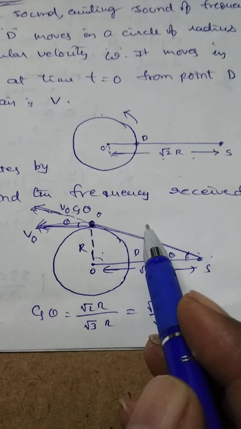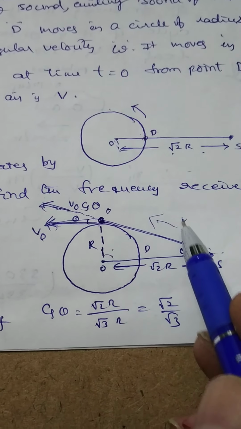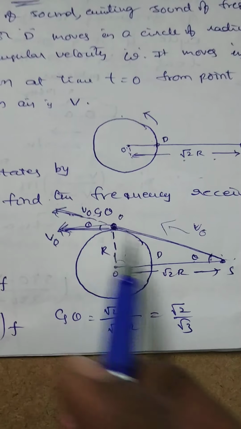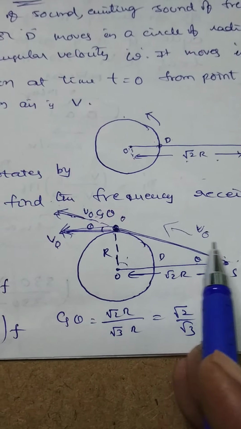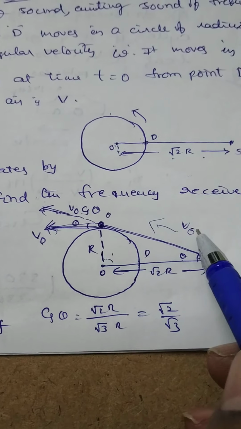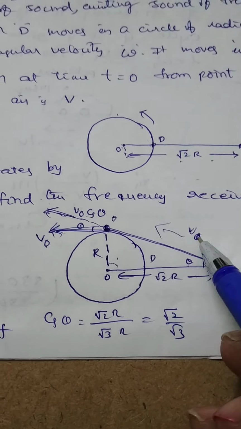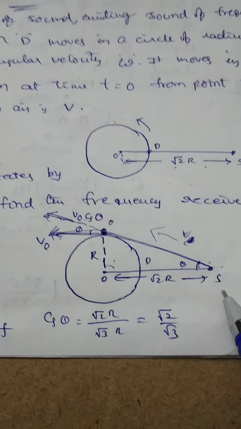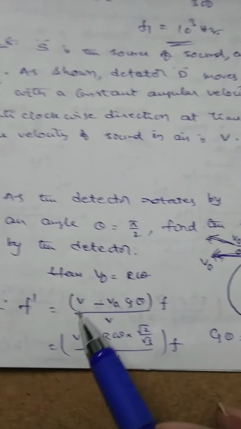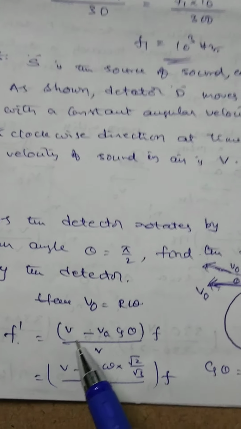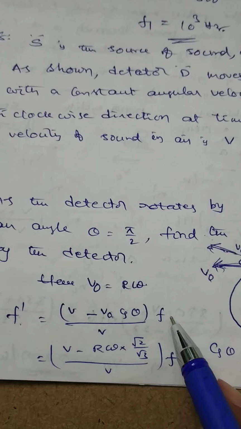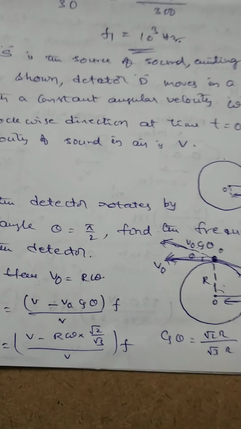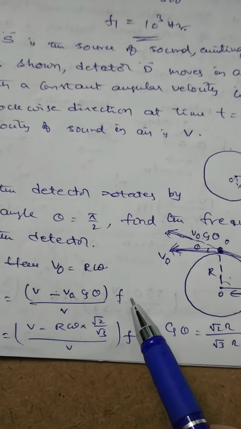It is the source. Sound velocity is taken from source to observer. Observer velocity is equal to V0 cos theta away from the source. This is always along the direction of V. Let here source is at rest, means Vs equal to 0. Apparent frequency of sound is given by f dash is equal to V minus V0 by V minus Vs into n. V minus V0 is equal to V0 cos theta by V minus Vs equal to 0, into actual frequency of the sound is f.